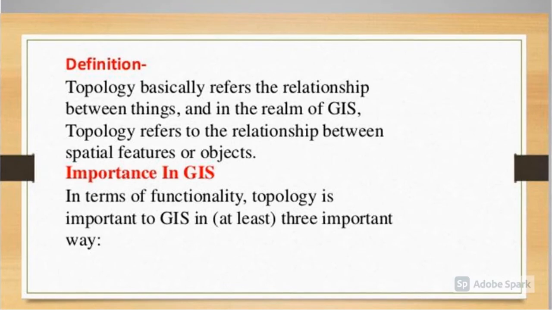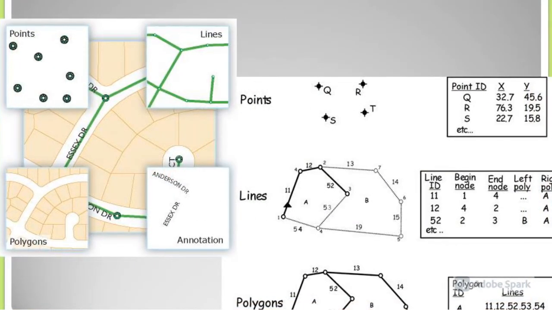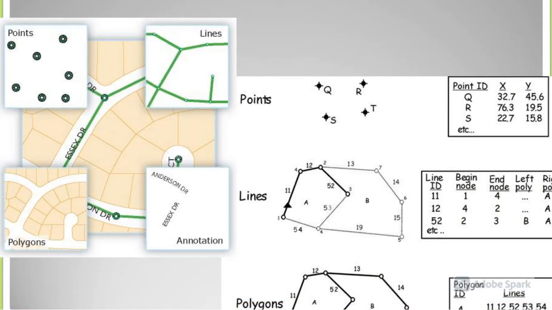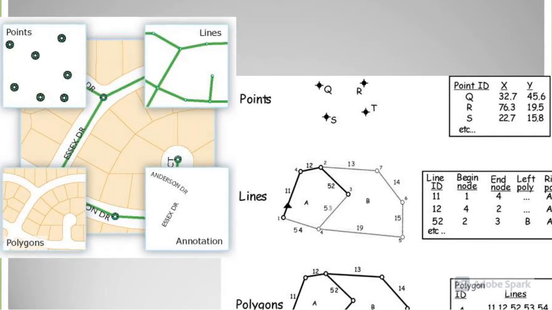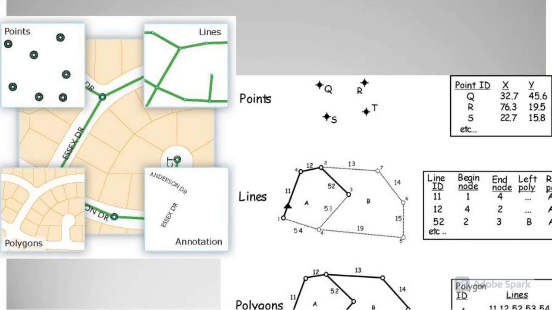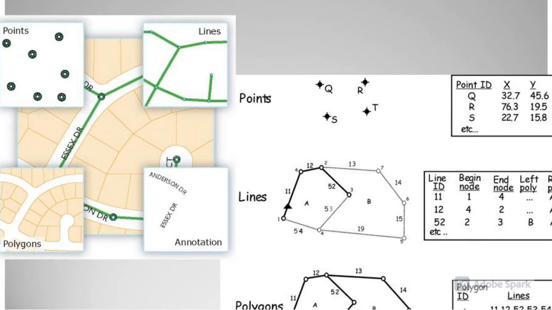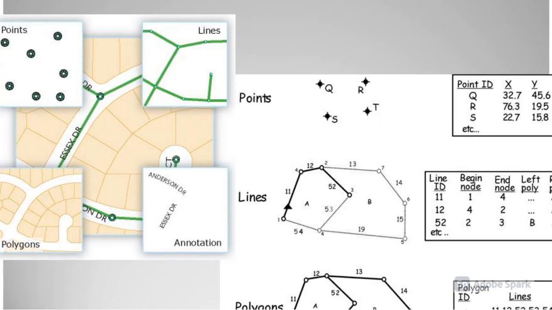Line arc. It is a series of points that start and end at a node. A node is an intersection point where two or more lines meet. A node can also occur at the end of a dangling line that is not connected to another line. Polygon. It is comprised of a closed chain of lines that represents the boundary of the area. Point. It is encoded as a single XY coordinate pair. A point is considered as a polygon with no area information.